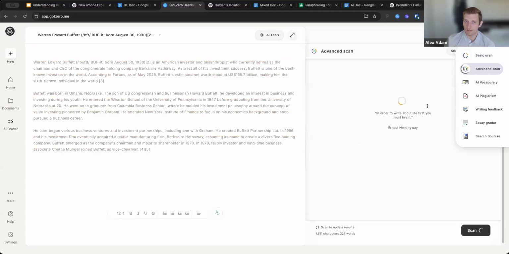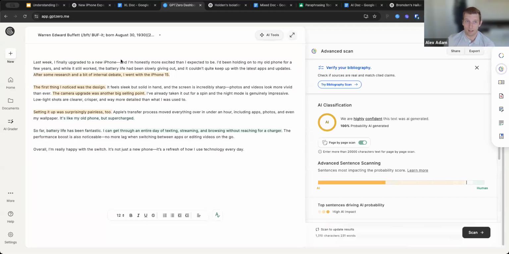But let's now see to what extent each sentence is AI. You'll see that some sentences are much more important than others. For example, this one is contributing to our AI prediction, as is this one over here, and also this one. And the sentences highlighted in green are actually contributing to human prediction. That can be a bit counterintuitive because we know that all of these sentences are actually AI.